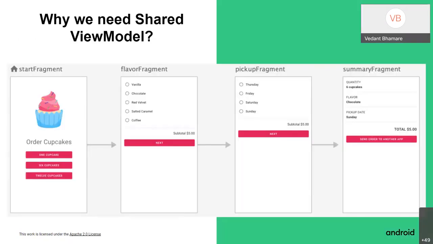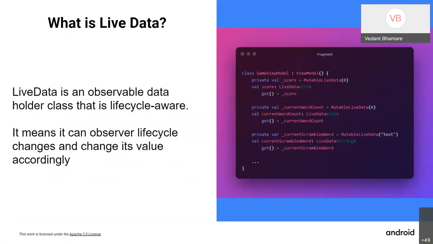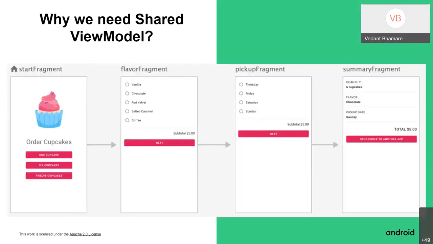Next, coming to the shared view model now. Right now we just talked about the view model, so it was only specific to the fragment. So if the fragment is closed, then the fragment is lost, the view model is also destroyed, and data is also lost. But consider that